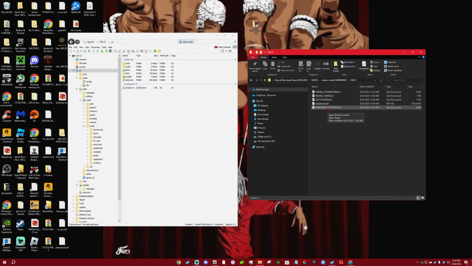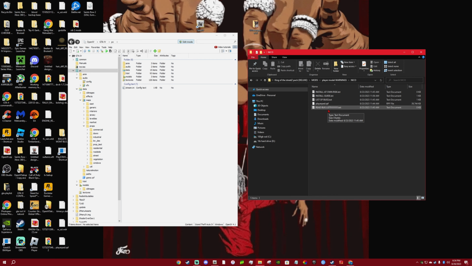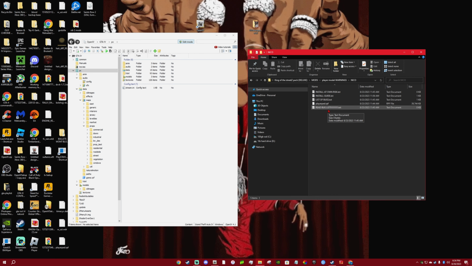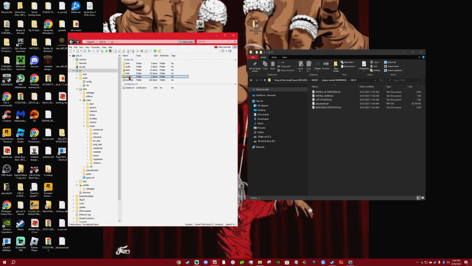I'm still working on it because there are more clothes mods out there that I'm going to add. So I'm going to add different clothes packs and things like that. But for right now, I'm just going to show you guys how to install this, so that when I do drop the clothes packs, y'all will be able to just put it in there. So install this at your own risk.